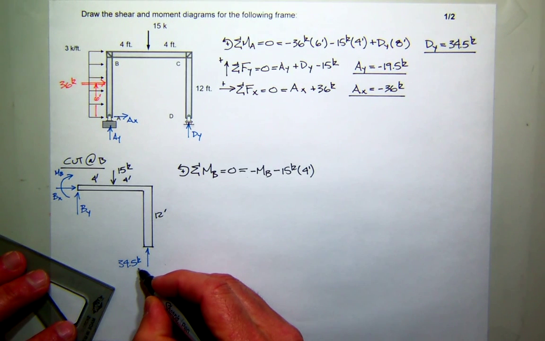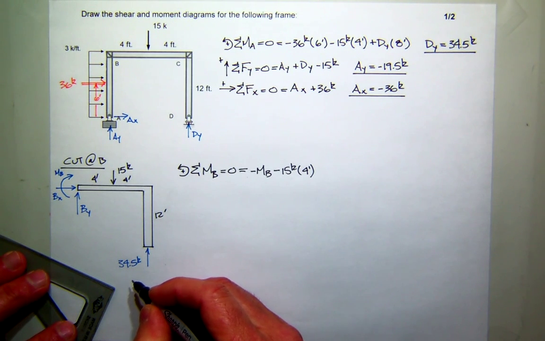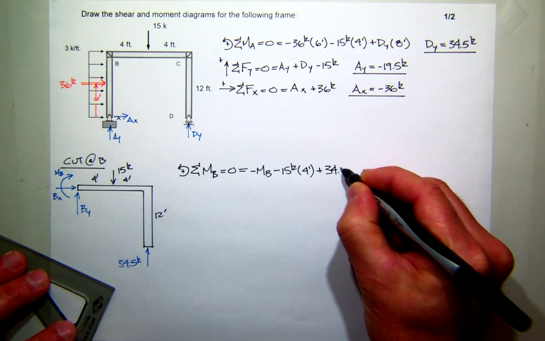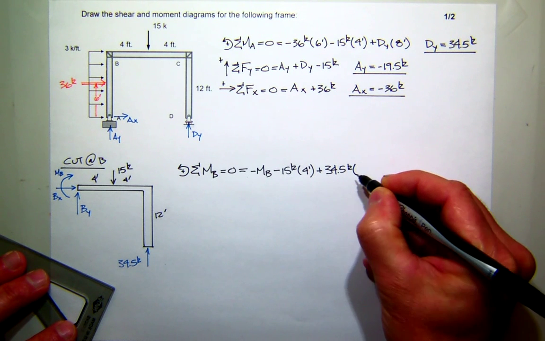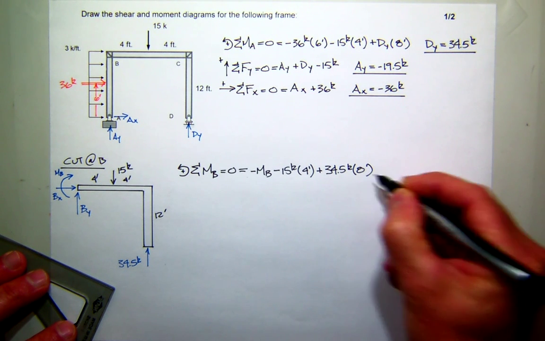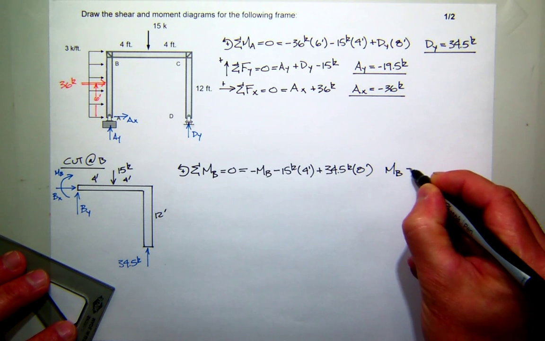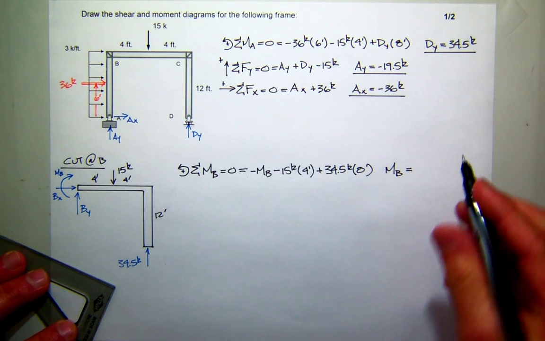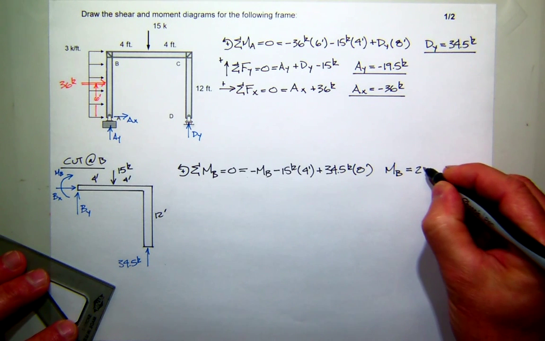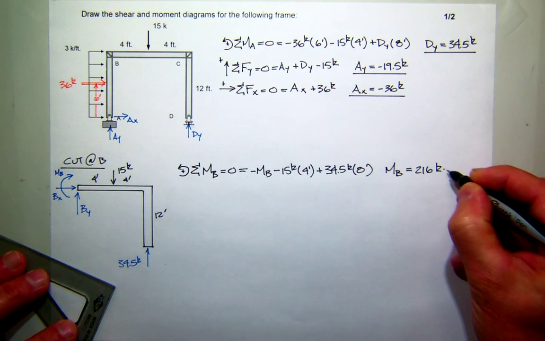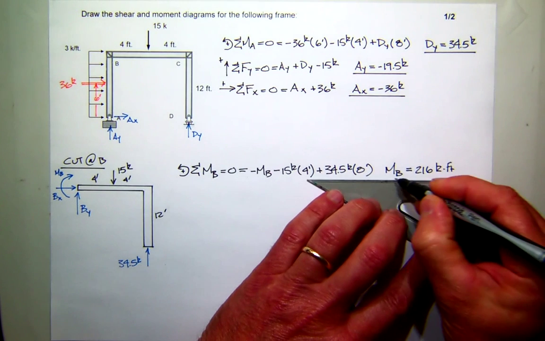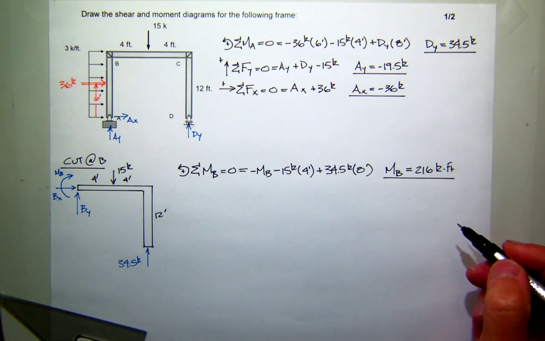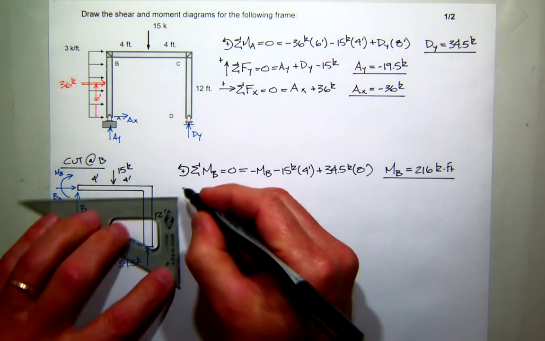And then this big 34.5 kip force creates positive or negative? Positive. And that has a moment arm of 8. So you guys will have to help me out. What's the moment at B? It looks like it's going to be positive. What is it? 216. 216. And that'll be kip feet. Anybody else get that? Is that okay? Yeah, good. Excellent. All right, now we'll